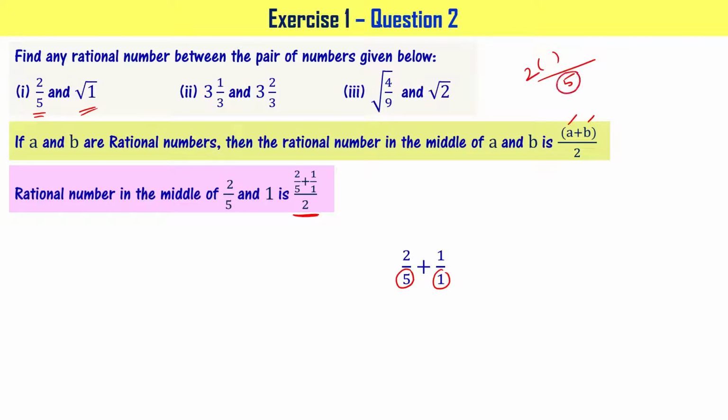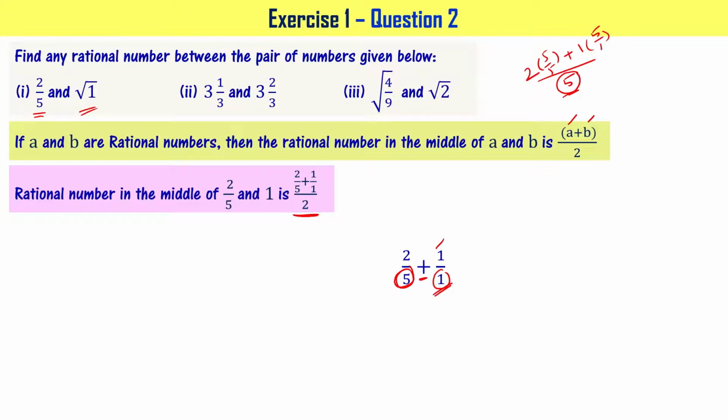LCM is 5, right? Divide that with this particular 5. When you do that, you get 5 by 5, right? Now let me add, because there is a plus sign here, let me write plus sign there and then put this particular 1 as is and then put bracket. Now divide number 5, which is the LCM, with number 1. When I do that, I can write it as 5 by 1, right?